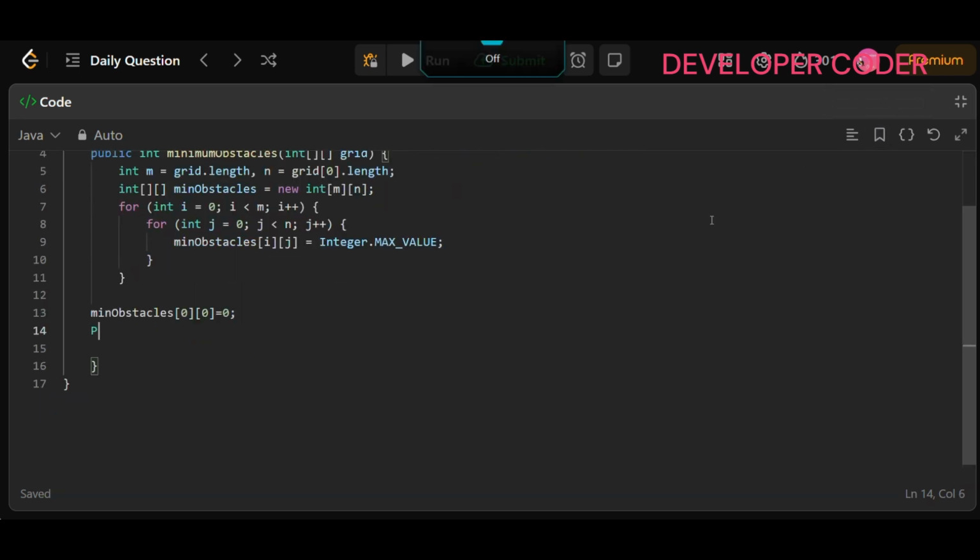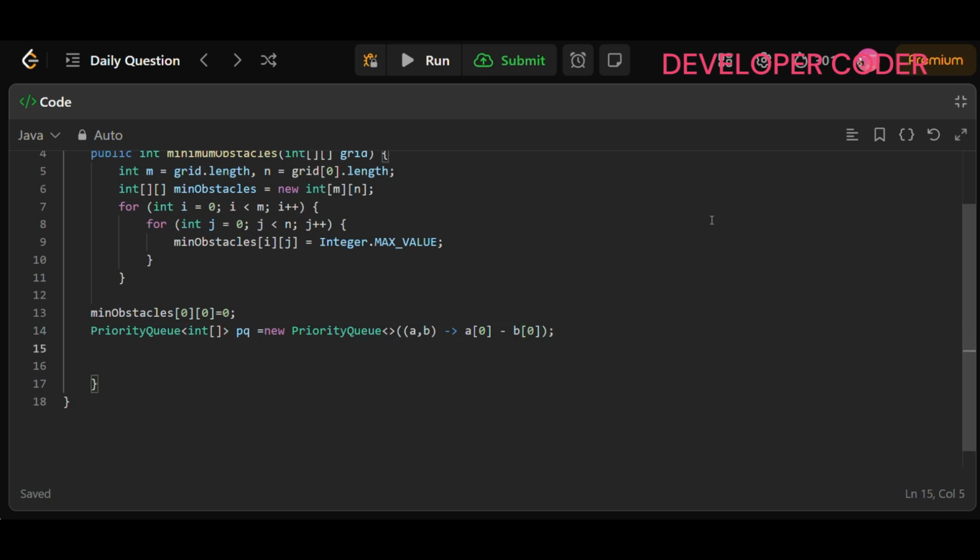So here priority queue. Okay, and in priority queue we are just going to add the array, right? Int pq is equal to new priority queue. Okay, and let's say we have two parameters a and b. Okay, so we have to implement the min heap based on the value which is at first position. Okay, 0 index, so a of 0 minus b of 0. Okay,